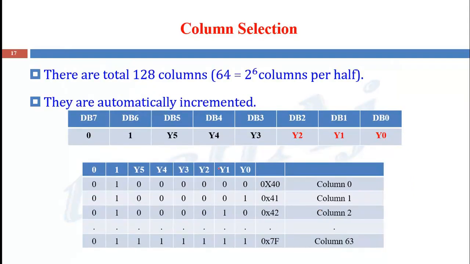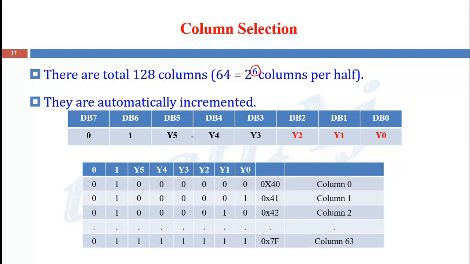Column selection. There are a total of 128 columns, 64 in each half. 64 means 2 raised to 6 combinations. So we require 6 bits to select one column out of 64. Hence, we have to send command 01 followed by the 6-bit combination of column selection.